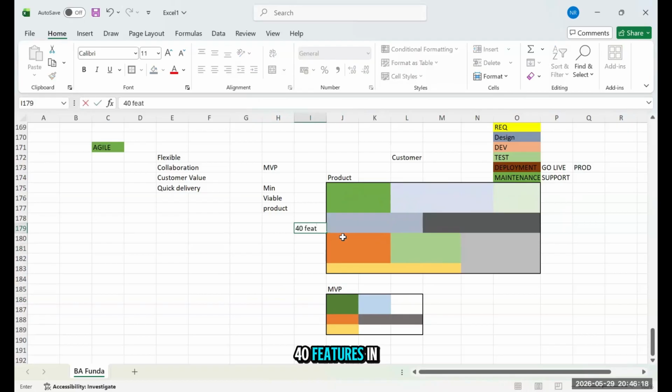40 features in a product, right? But in MVP, you might deliver only maybe 5 to 8 features, which are very important for this product and those are prioritized. Or maybe you will have a discussion with the client product owner that we are going to deliver this MVP. This is the case wherein you are working on a